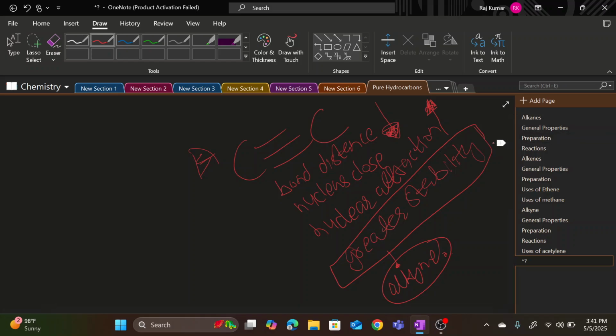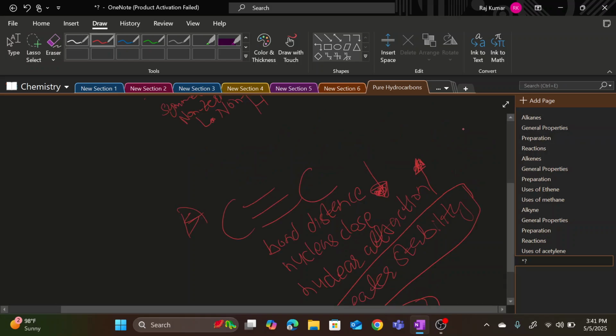So because of this reason, even though it is having two pi bonds, it is not that reactive because it is having shorter bond distance. Alkyne,